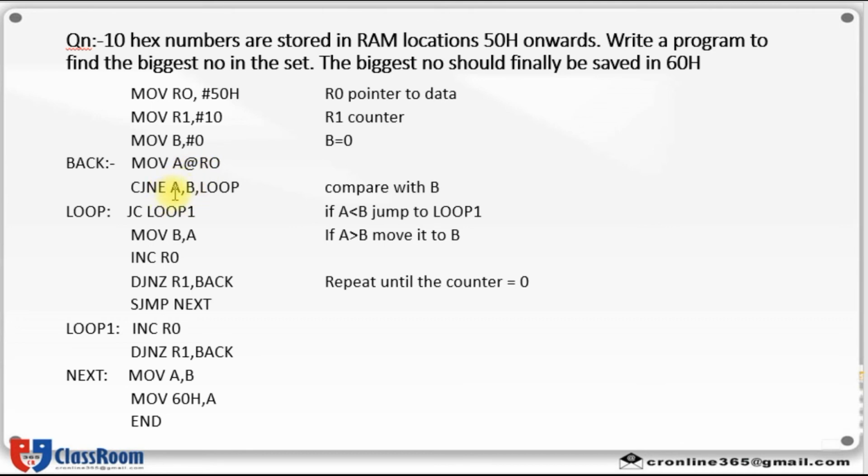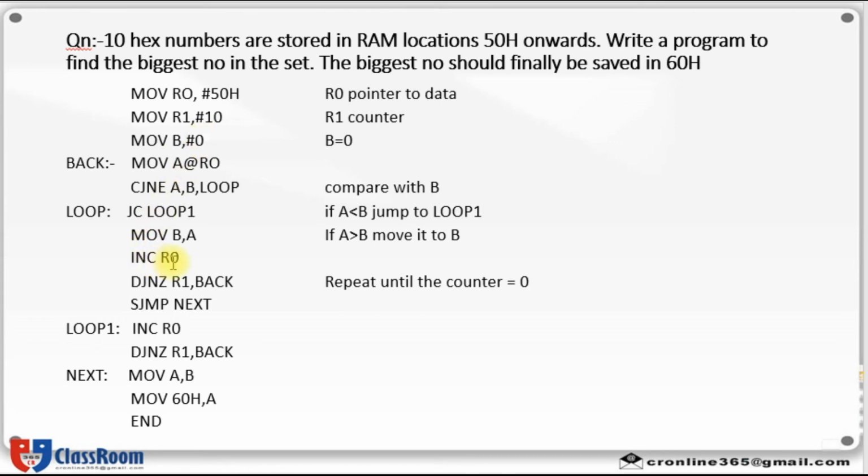So if destination byte is greater than source byte, you can note that here there is no carry flag. Carry flag is equal to 0. If there is any carry, you have to jump to here. Here there is no carry. So accumulator contents have to be transferred to B register again. So my 1 is transferred to B. Now this B value is modified as 1.